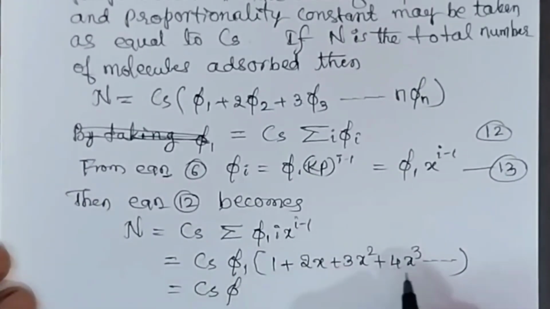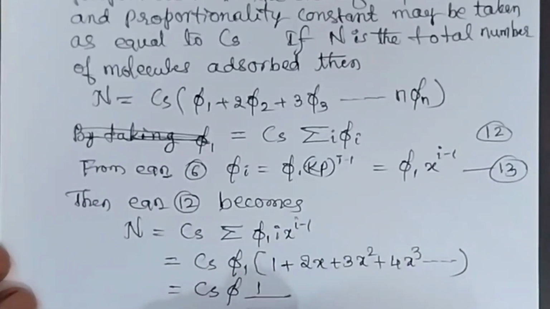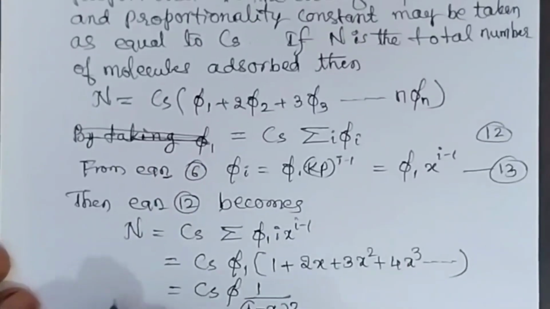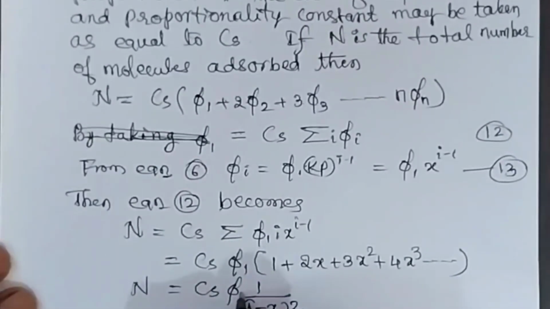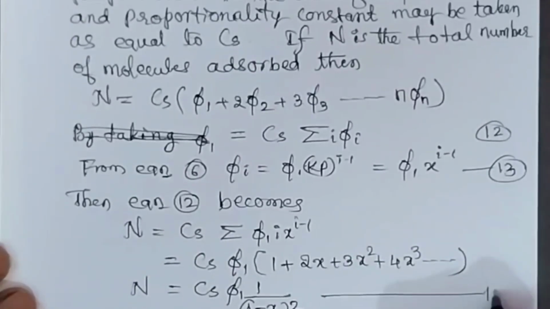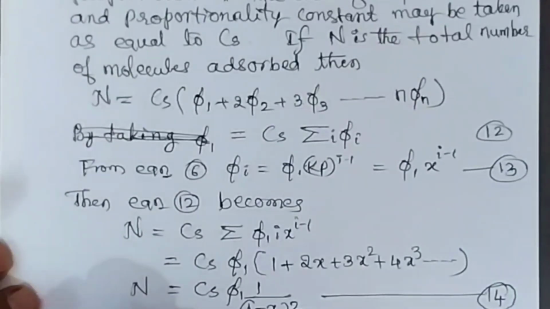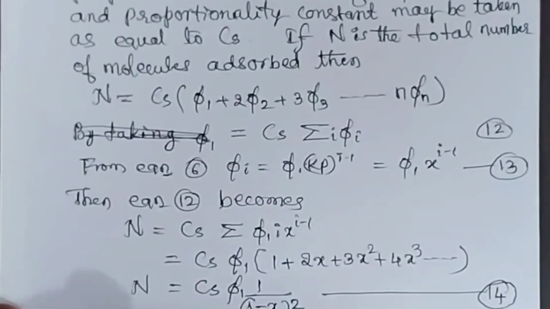Here this series is the expansion of 1 minus x square. Thus we may write n equal to Cs into pi 1 into 1 minus x square. Suppose this is equation 14. Equation 14. Now Cs may be